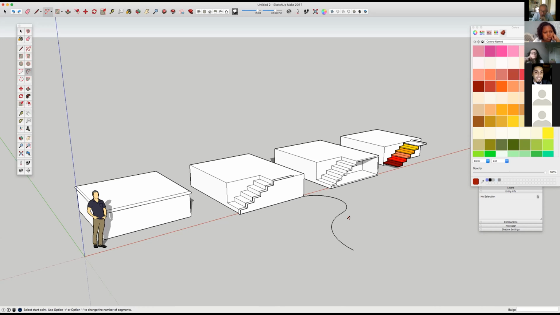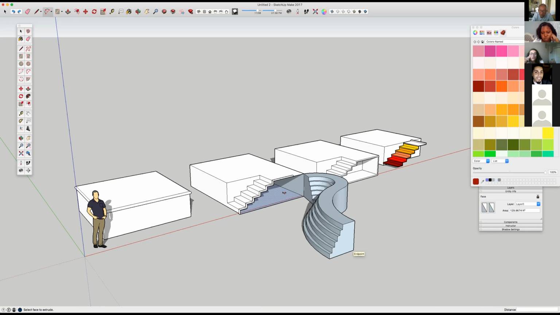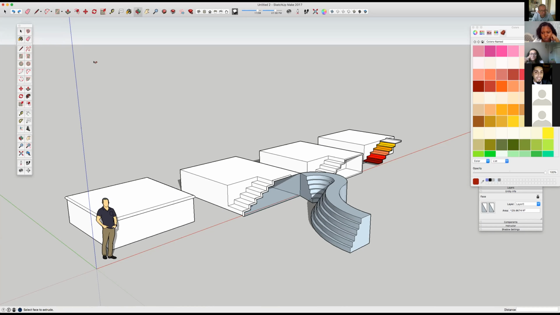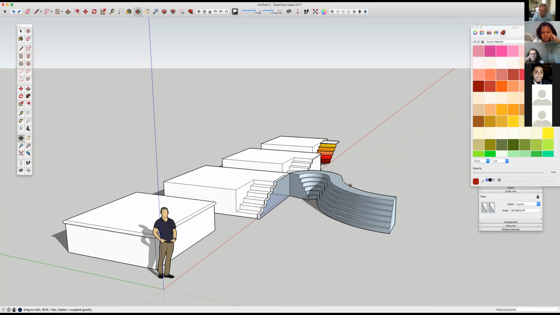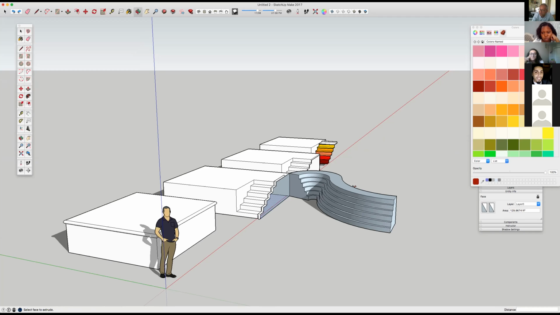When I start following a curved path, it gets a little tricky. And I'm going to use the push-pull tool. Okay. I lost my face. I'm going to have to repair that. But look at what I did. Pretty groovy,